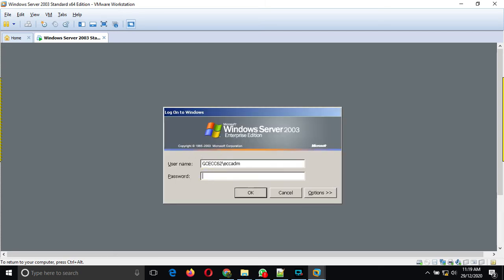Everywhere the password is India123, in small letters, without any caps. So, India123.